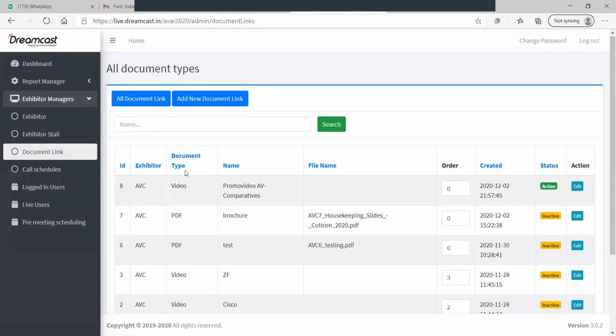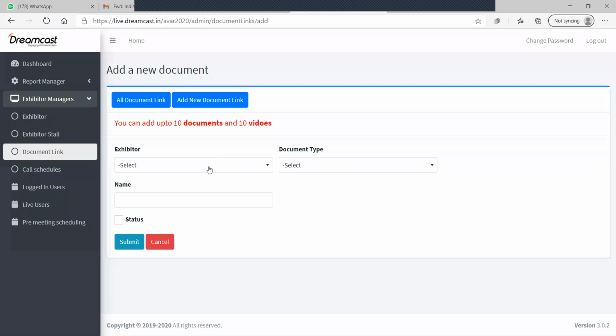Just suppose you have a brochure, company profile, or product profile, you can upload it over here. How can you upload it? You just go to add new document, select exhibitor. Whatever the exhibitor, just suppose you are AVC, so you will find your name only over here. Document type, you will find three types of files over here: PDF, image, and video.